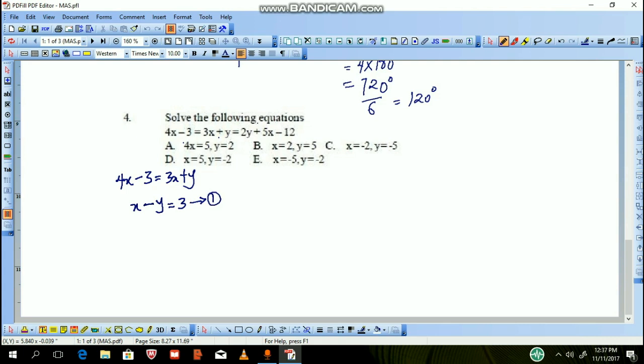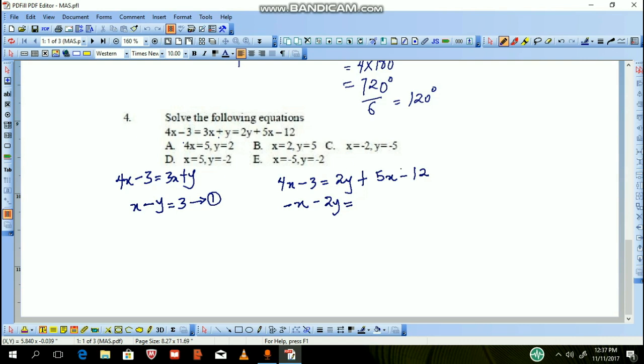Then equating the first one to the last one, or I could decide to equate the second one to the last one, but I prefer equating the first one: 4x minus 3 equal to 2y plus 5x minus 12. Therefore, I have 4x minus 5x, that would be negative x. If I bring this 5x to this side, it becomes negative. Then if I bring this 2y to this side, it becomes negative 2y equal to,